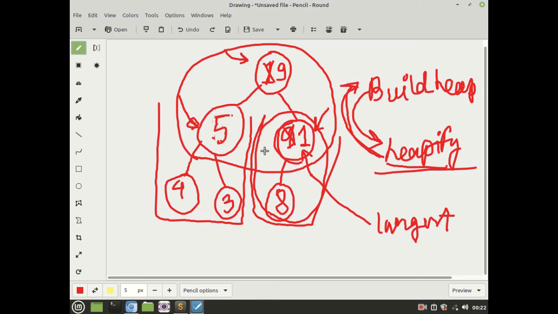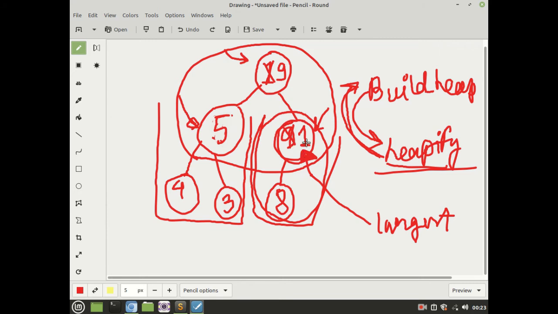So after applying a swap on a subtree, if we made any swaps, we have to also apply heapify recursively on the largest index. So we can't stop after this swap, we have to apply heapify on this largest index.